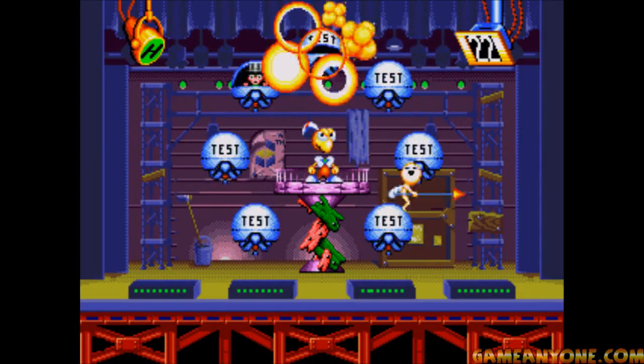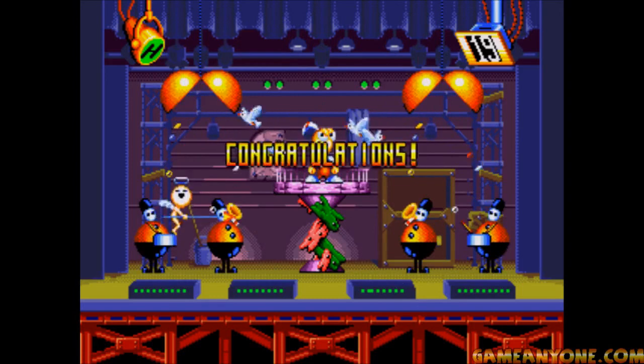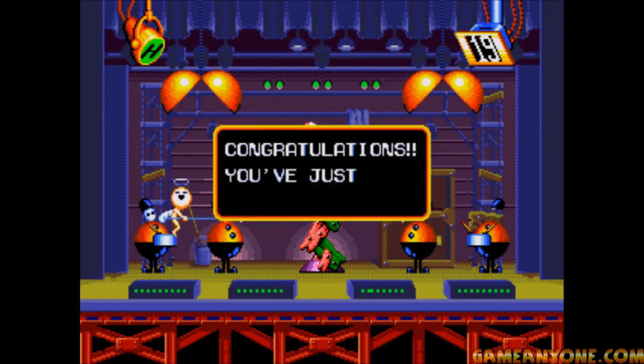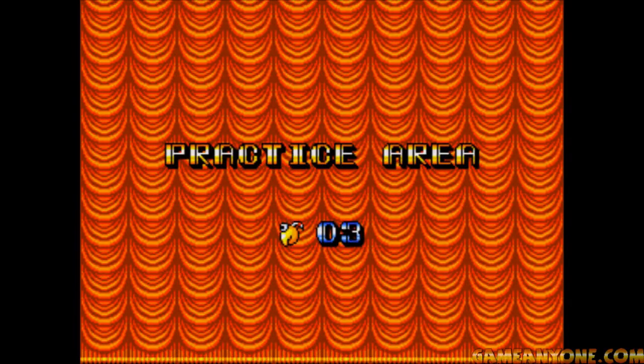Alright, to the left and right also. Top left, bottom right, and top right. There we go. So we had 19 seconds remaining, so you can miss some. I mean, it's not like you've got to, you know, absolutely hit them all. Alright, so we just got another secret bonus, so you get the point. Oh man, this game is just full of, you know, bad humor, puns, and everything, so...